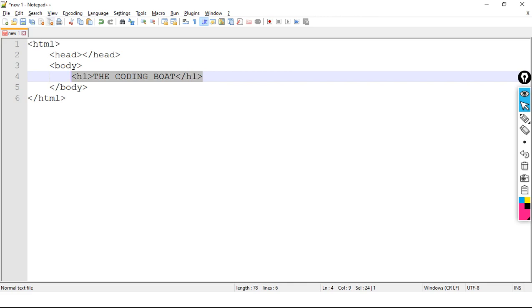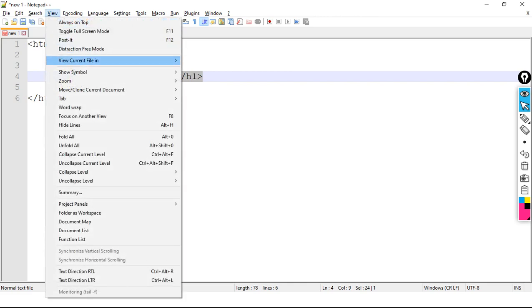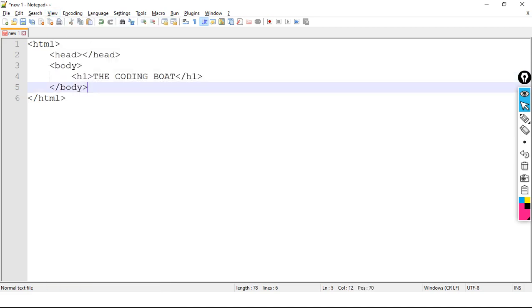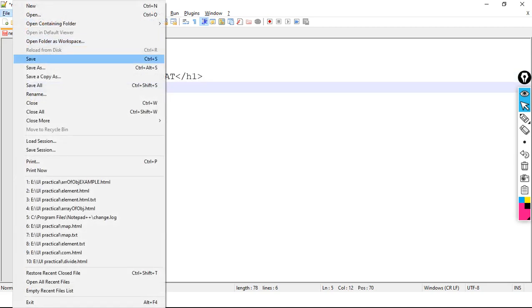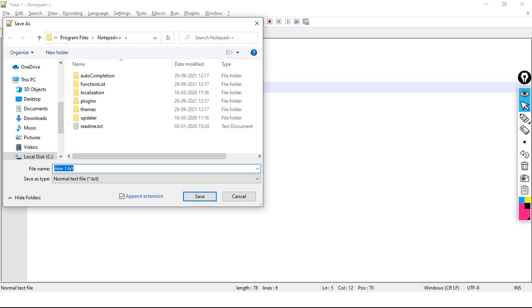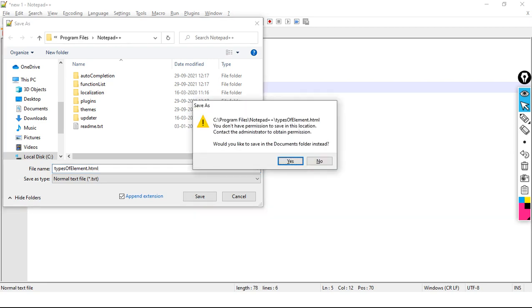Now let's check the output. Let me save. Types of element, and extension is .html. Save it. Would you save this document folder instead?